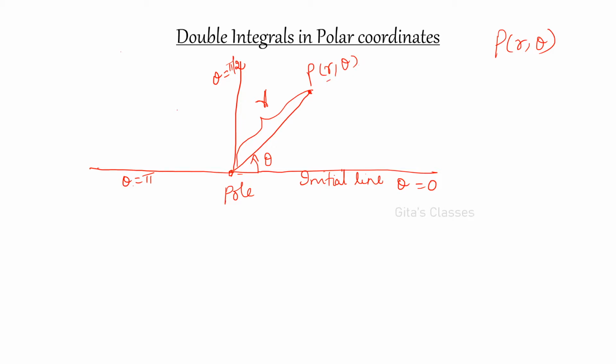r is the distance from the pole. Along the initial line you take the distance r, and how much you rotate from the initial line, that is our theta. So this is the line, this distance I have taken from the initial line, and we rotate it in the anti-clockwise direction by theta degrees. So P of r comma theta, this is the meaning. Understood? If you rotate it 90 degrees, it is similar to the y axis. And if you rotate 180 degrees like this, then you get theta is equal to pi, the opposite of the x axis, the negative x axis.